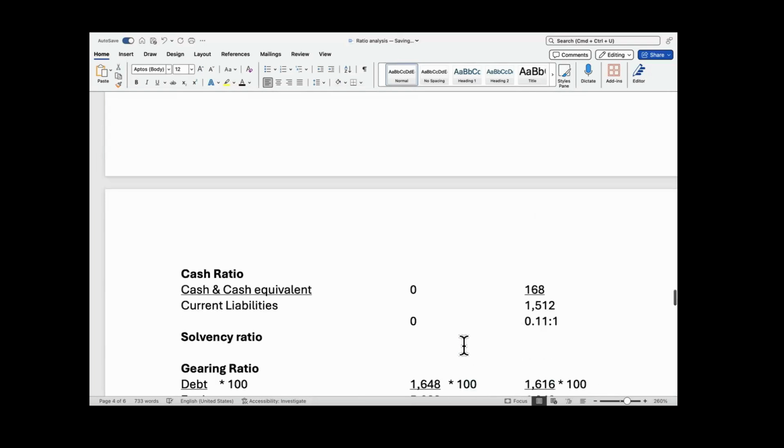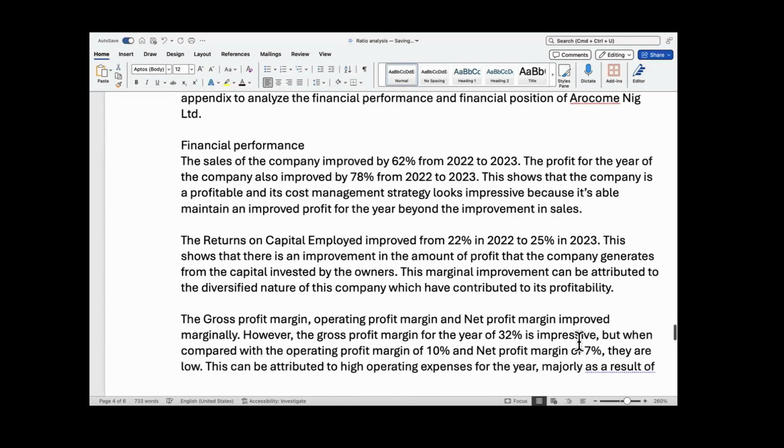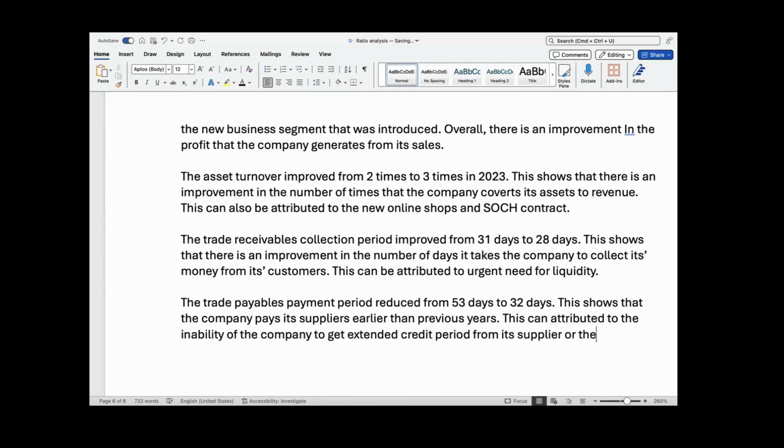Okay, let me say that. Or they are selling very fast and need to pay their suppliers early so they can get